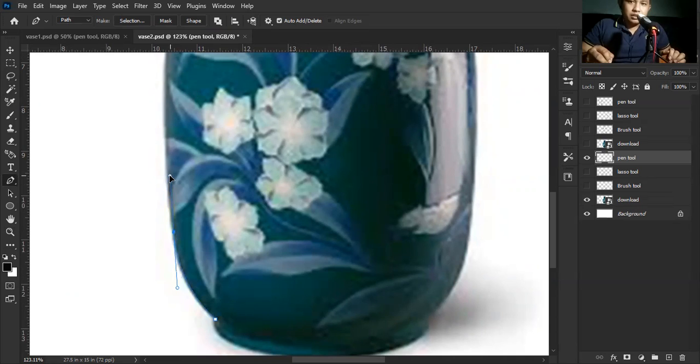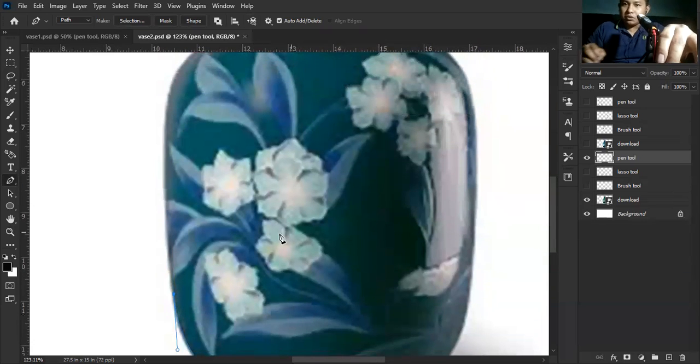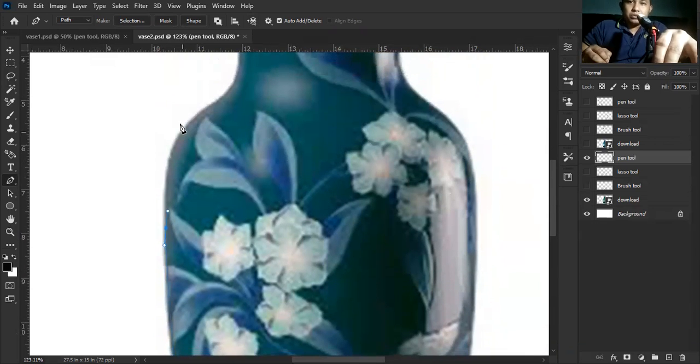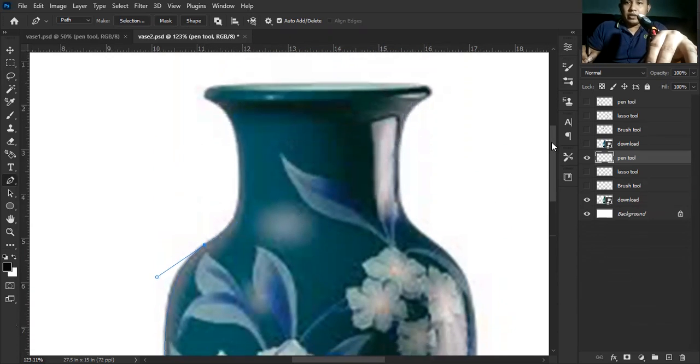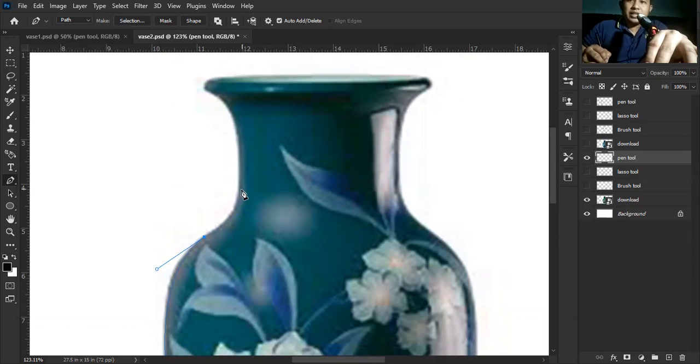Interestingly, last year I attended a workshop in an animation studio here in the Philippines, and when they taught us how to do digital animation, they use the pen tool. Although they never really explained to me why they use the pen tool, but I think